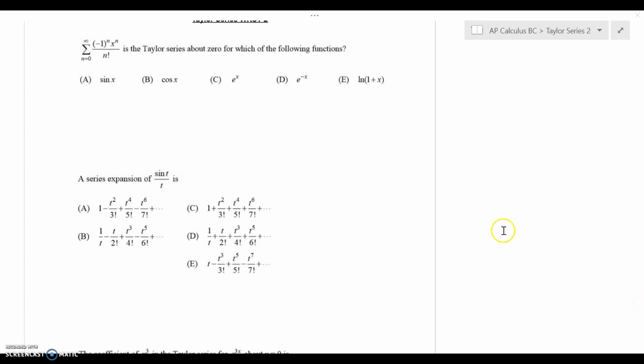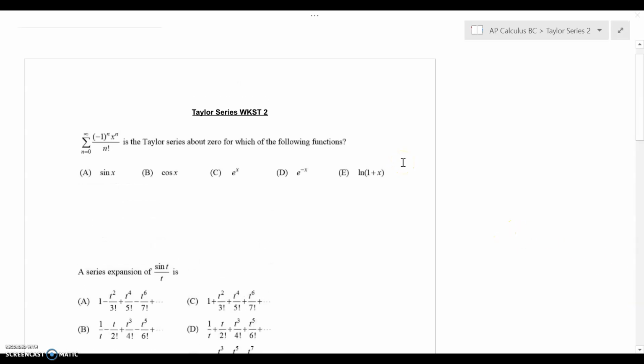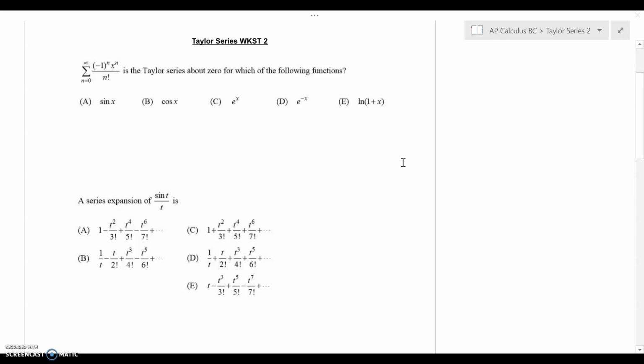Okay, so the idea with this worksheet is that you already have attempted these 6 questions, and that we're going to work through the answers on them. So we'll both generate answers, but then talk about some of the common situations the AP puts in place. So this first problem, they're giving us a generic expression, and they're saying it's a Taylor series about 0,